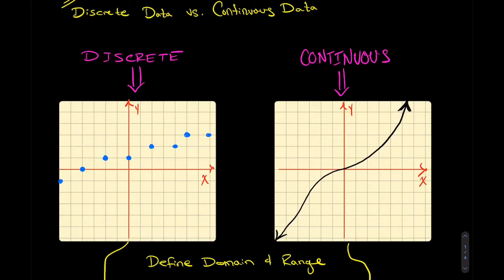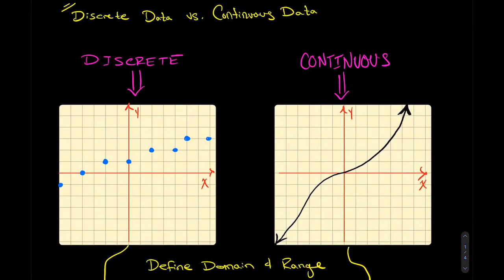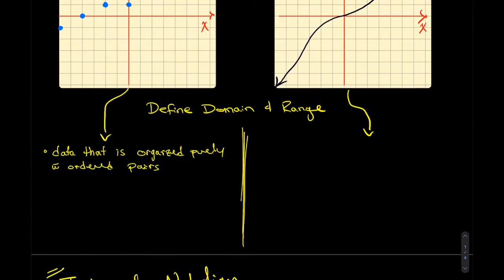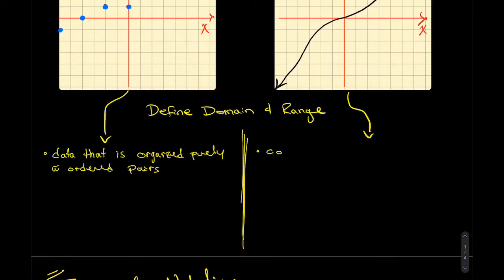Continuous looks a little bit different, right? Well, we see that we have no points on this graph, technically no points. And we just have one long continuous kind of curvy line here extending from the bottom left quadrant to the top right quadrant. And the big difference between a continuous data set and a discrete data set is that a continuous